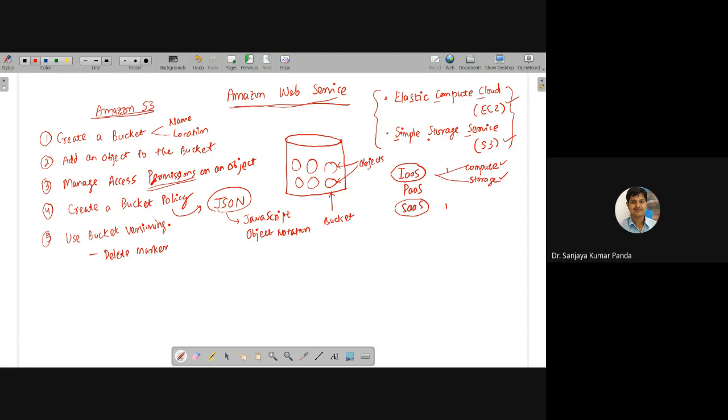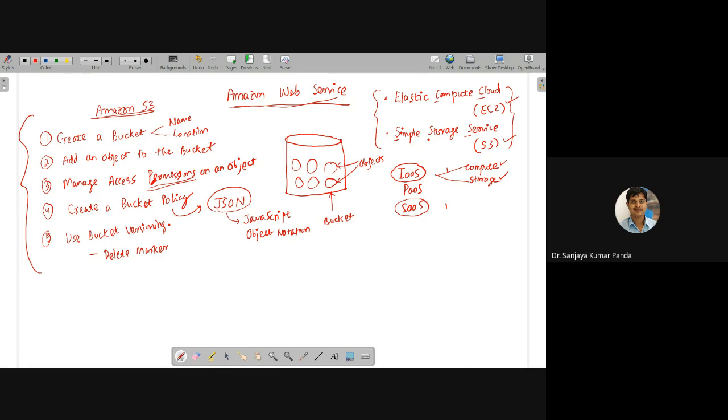Another bucket for BTech third year, BTech second year, BTech first year. The respective materials which I want to share with the students, I can put in the respective bucket. Students are given access to that particular bucket, so they can access and get the objects inside that bucket.